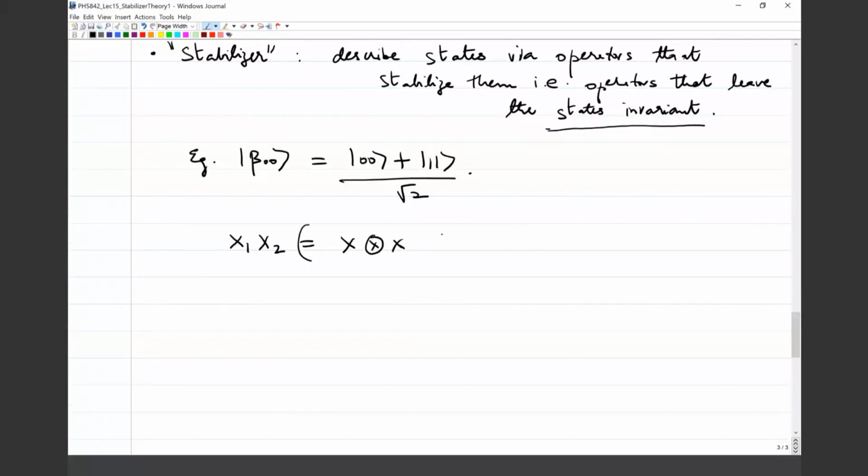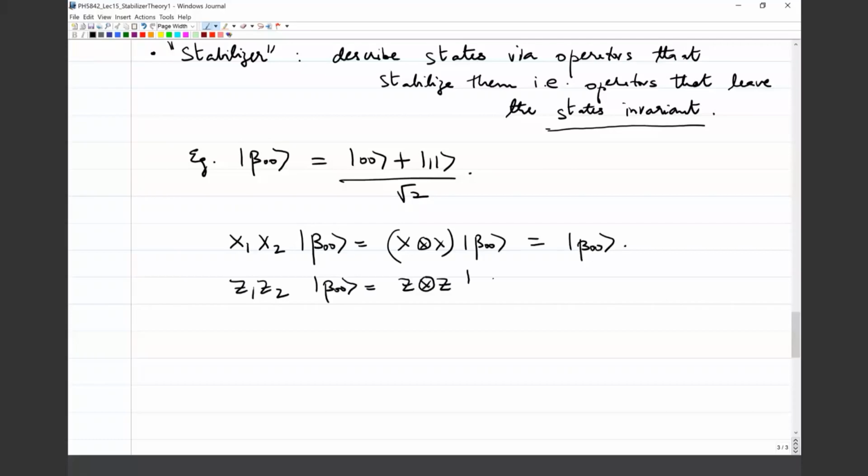So this acting on this state yes gives me back the state, right? Similarly, Z1, Z2 gives me back the state. So this state is a +1 eigenstate of both x1, x2 and